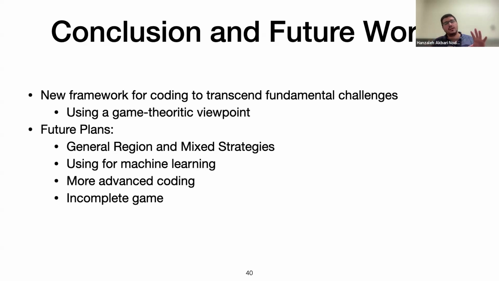And also for the case that the game is not complete. So here we assume that the data collector knows the utility function of the adversary. For the case that the data collector doesn't even know the utility function of the adversary, we are using a multi-armed bandit solution to find the best response for that. And surprisingly, even for those cases, we can choose the best strategy to commit in the blockchain.